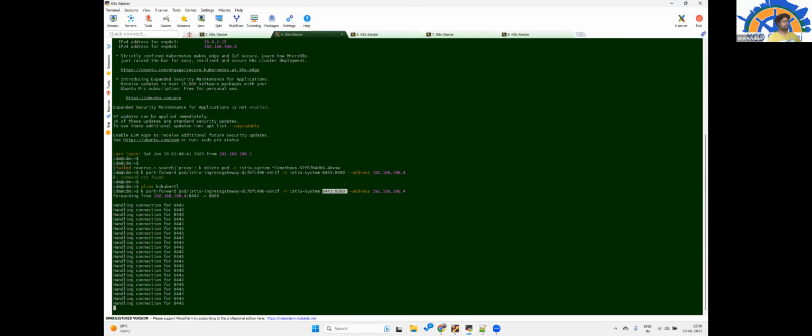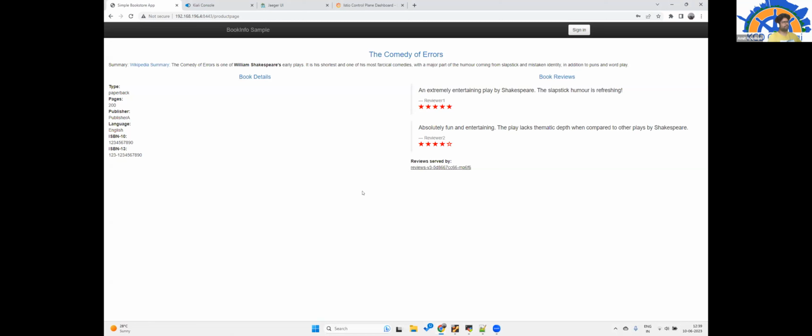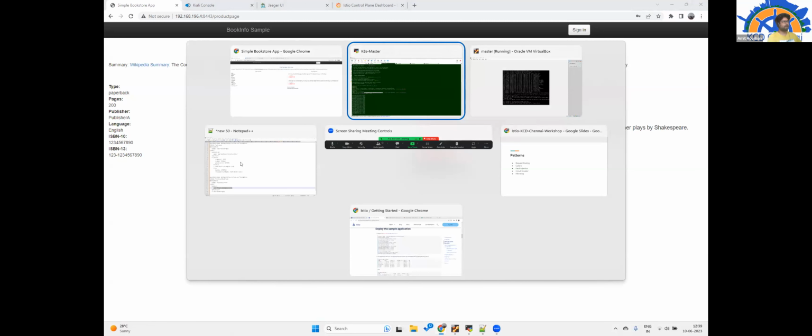Otherwise, I could have done the port forwarding for the actual services, which may lead to issues. But what I've done is use the ingress gateway itself to connect with a particular service, which is exposed as a load balancer. So that is pretty much about